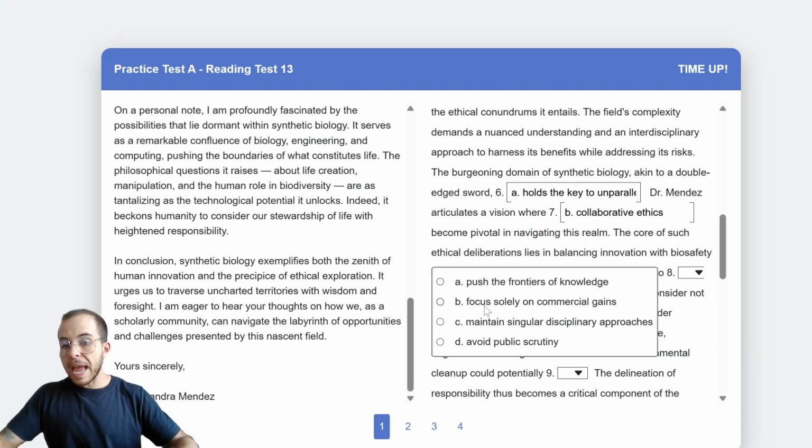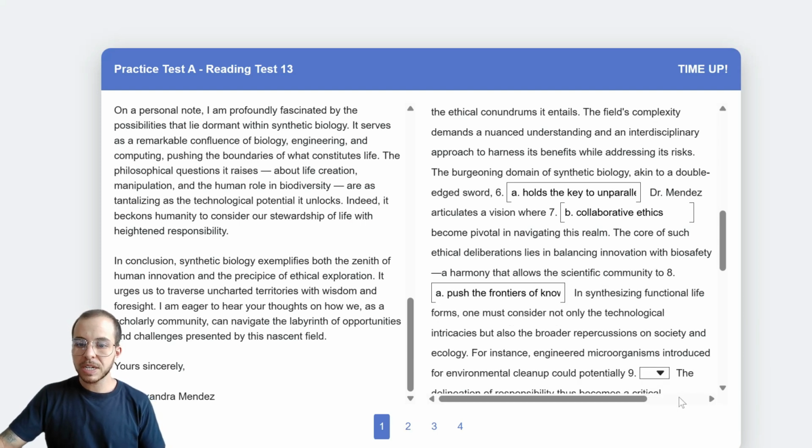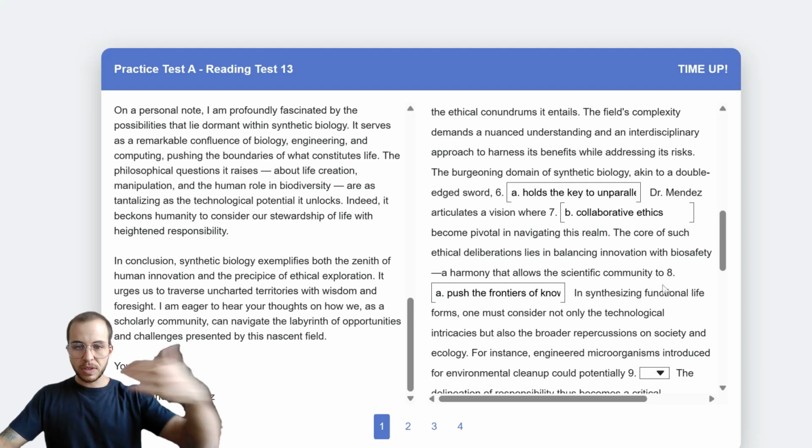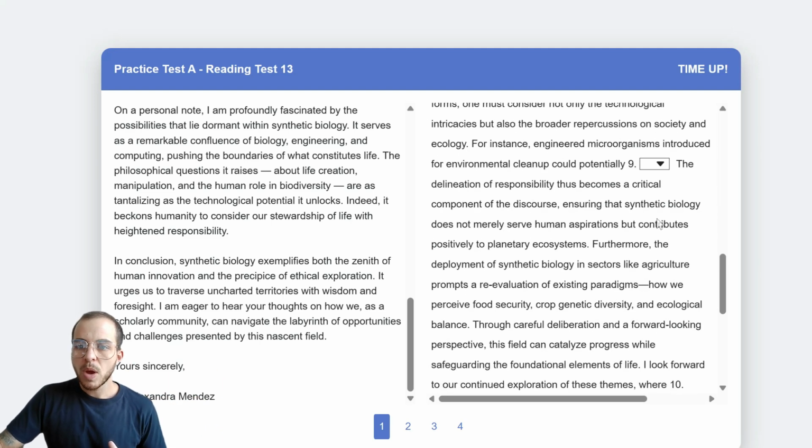Avoid, okay, B, C, and D were just no. We didn't hear that in the passage. So push the frontiers of knowledge. So like expand knowledge. Continue with me. What is number 9? For instance, engineer